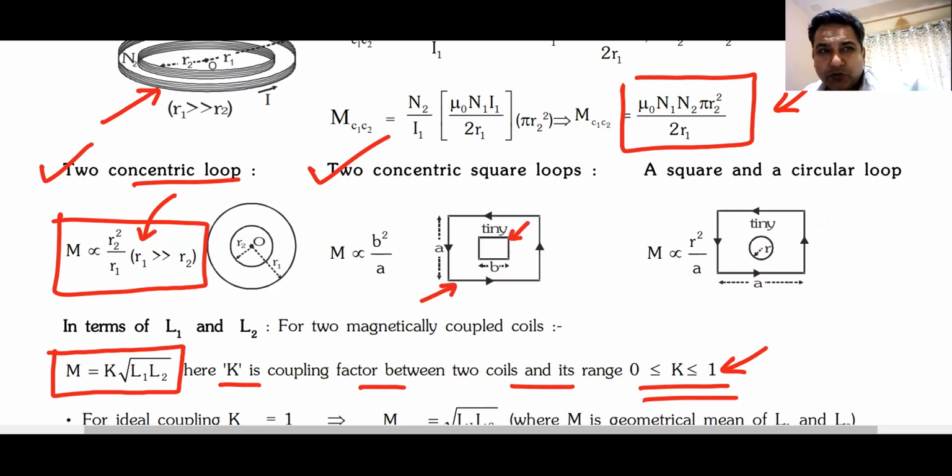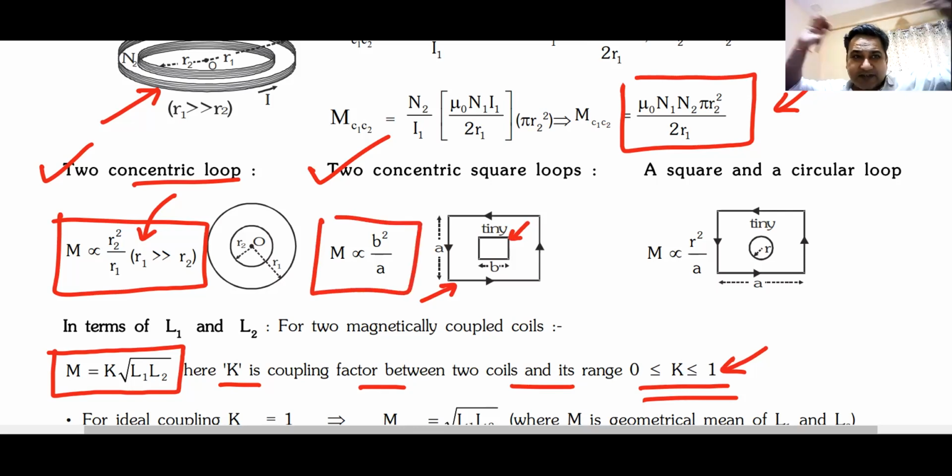So basically what you do is you find the magnetic field at the center of this square or triangle. You find the magnetic field at the center of this and multiply it by the area of the inner coil and number of turns of the inner coil. You will get a formula of this nature. Do we understand this? How will you find the mutual inductance of this diagram?